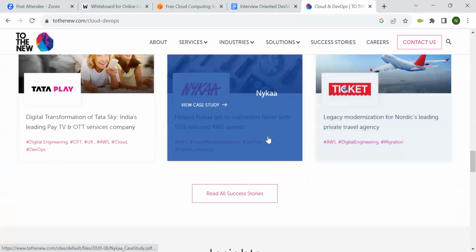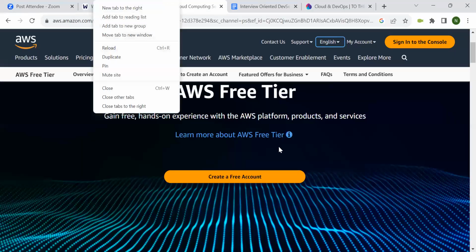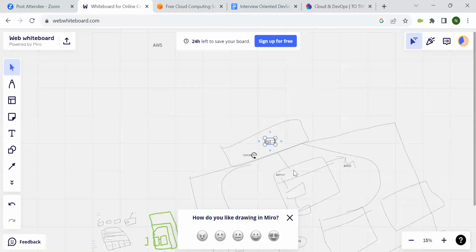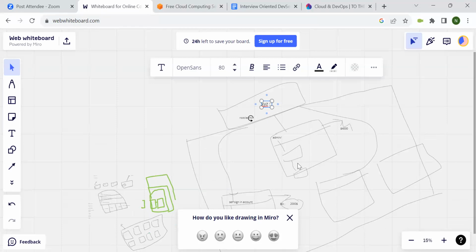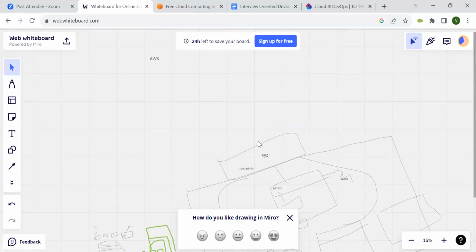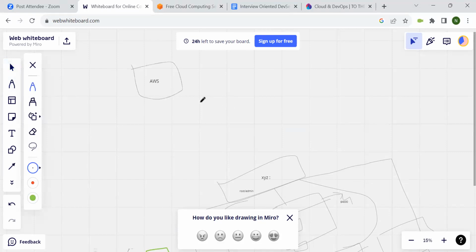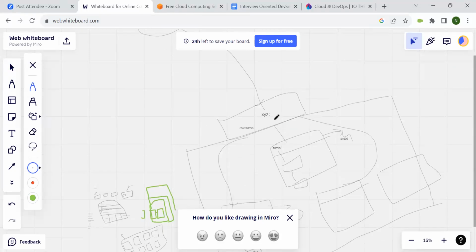So if we subscribe to To The New, they'll create an AWS organization account for us. I mean, there's no difference from what we are doing on our self-managed. Only thing is, we'll get some offer on the monthly bill. What these guys internally do is talk to AWS directly, saying I have 5 organizations, and their average monthly bill is $2,000 or $4,000. So you can get more customers, but only thing is, you need to give me a pool of things.